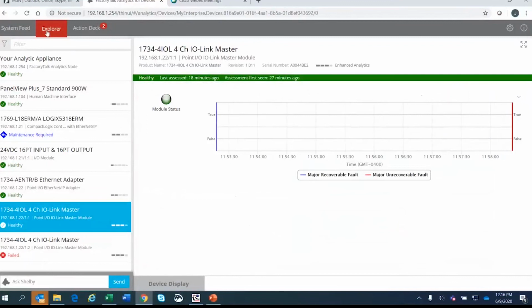I basically connected that unit with the Ethernet cable to my demo. And it's picked up that I have a PanelView Plus 7, a 1769 L1 controller, L18 controller, a power supply, a 1734 point IO base, and then I have the